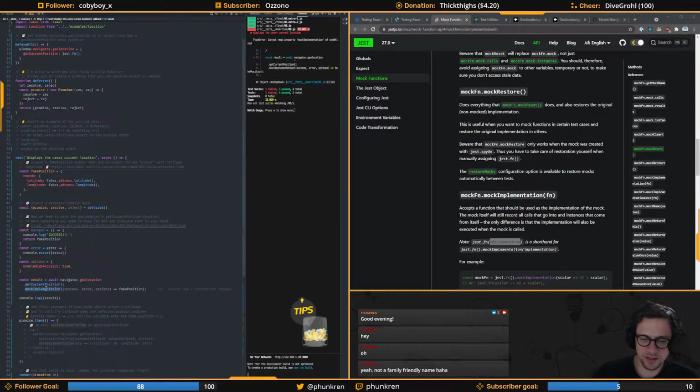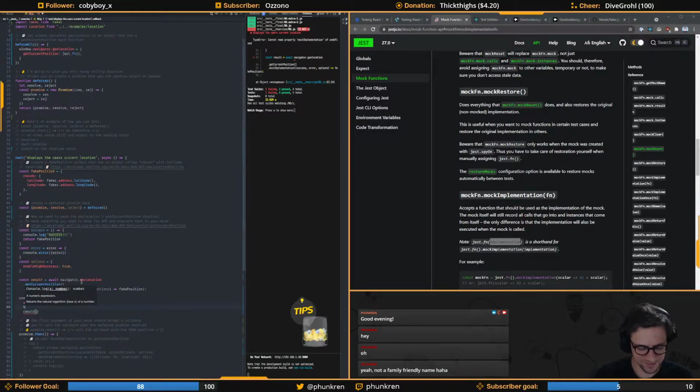So this property is saying that this is undefined. It's a really horrible way of logging this, but